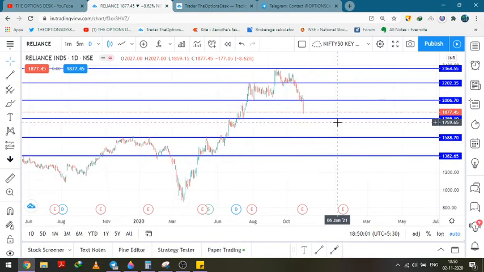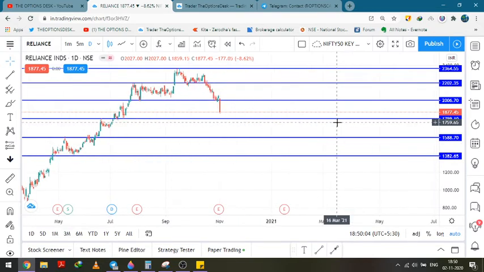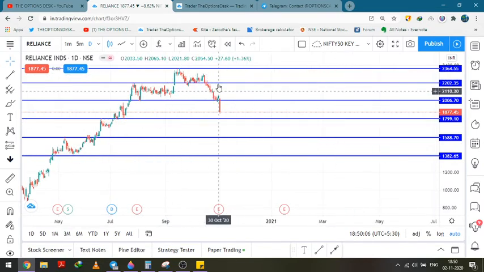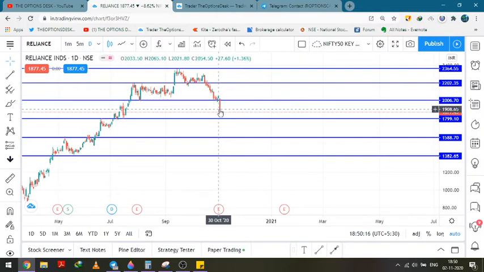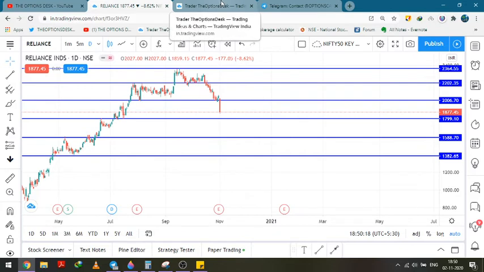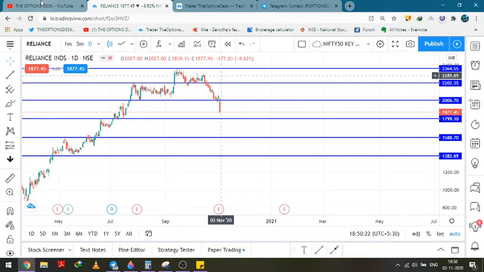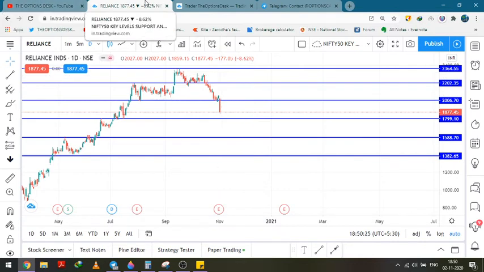I hope Mukesh sir gets well very soon. Due to the bad news spread in the market, the market is falling and the Reliance share has been falling. The Nifty 50 was down heavily while the Bank Nifty was totally positive. If the Nifty 50 had supported the Bank Nifty today, Bank Nifty would have crossed 25,500 even. I hope Mukesh Ambani sir gets well very soon and Reliance starts to work well again, because it is a very good company to invest in, and one can definitely add around 1800 to 1400 levels.